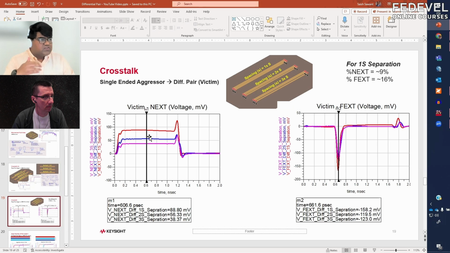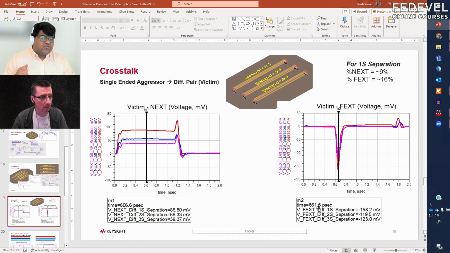Red is one spacing, the blue is the two spacing, and the pink is the three spacing. And you clearly see that as the separation increases, there is a reduction in the near end crosstalk, as well as in the far end crosstalk. You see that